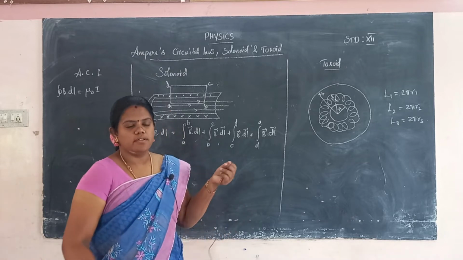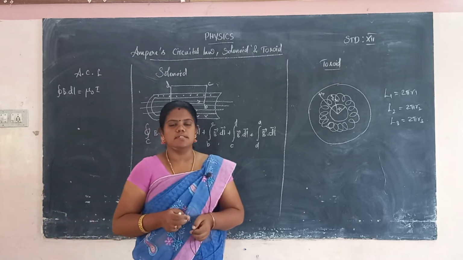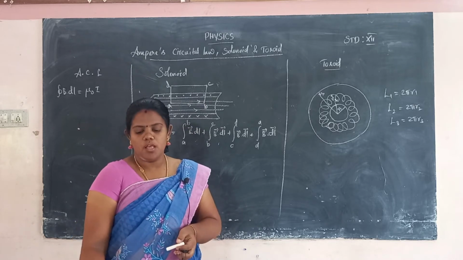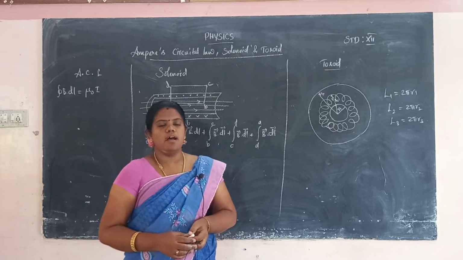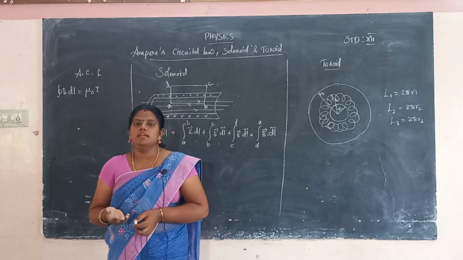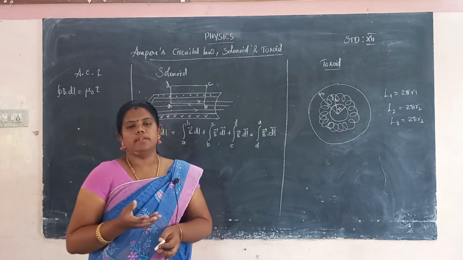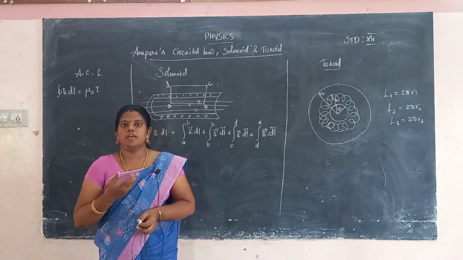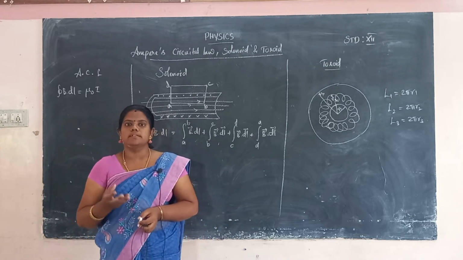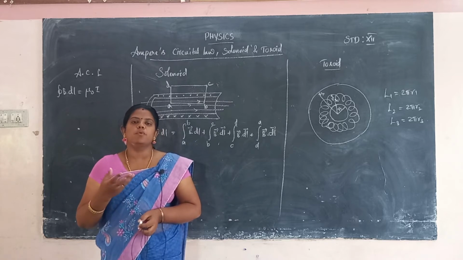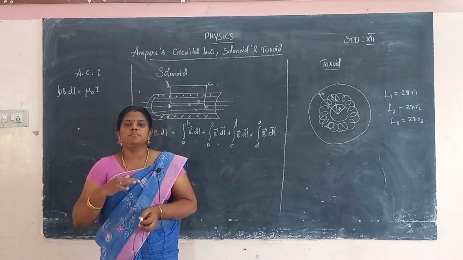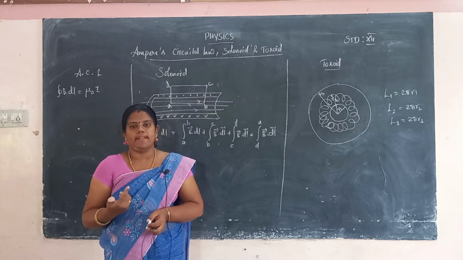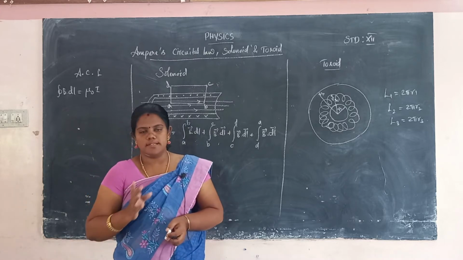In the previous class, we had discussed the current loop acting as a magnetic dipole, the Biot-Savart law, the current carrying circular coil, and the magnetic moment of a revolving electron. We also discussed the Biot-Savart law for a long straight conductor, the current loop as a dipole, and how the magnetic field is created in a circular coil carrying current. That was all discussed in the previous session.